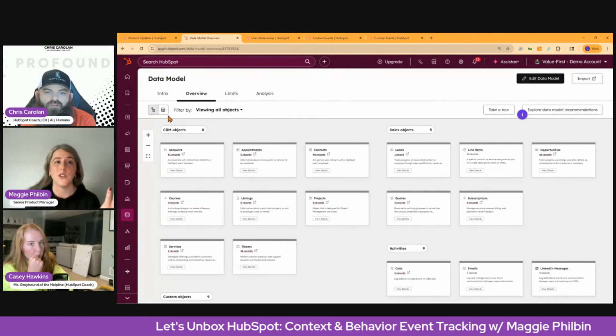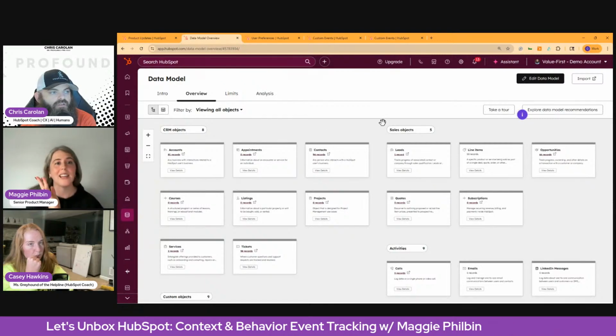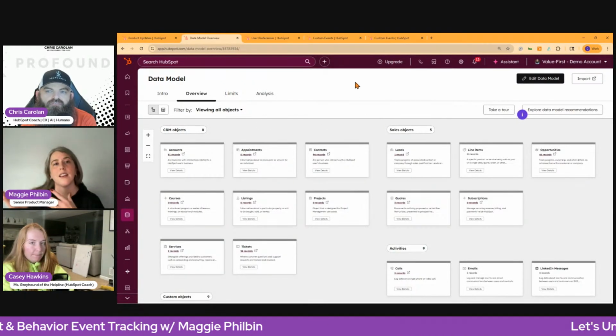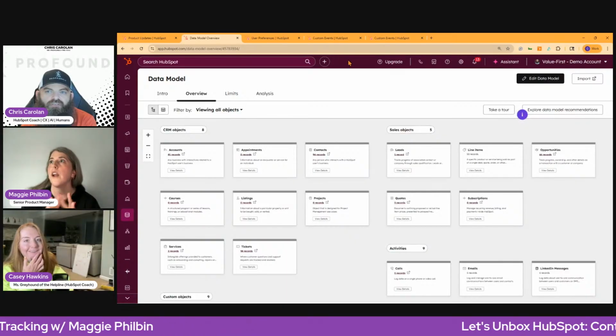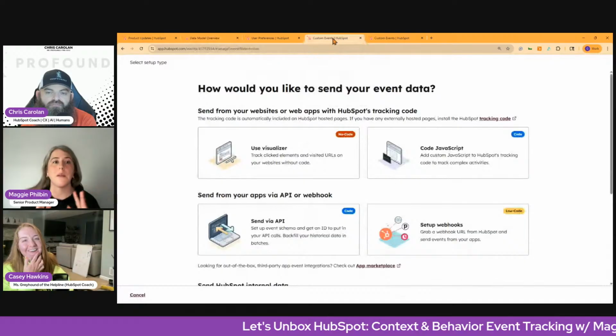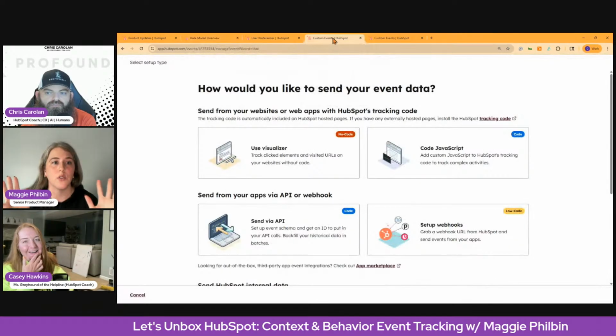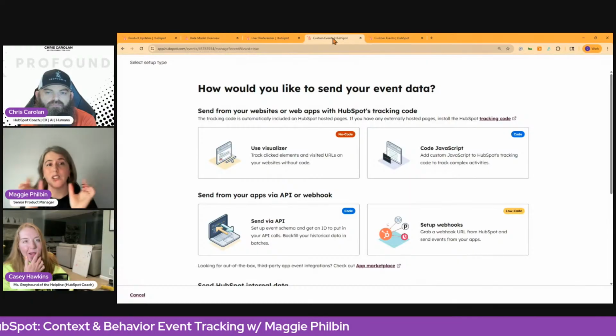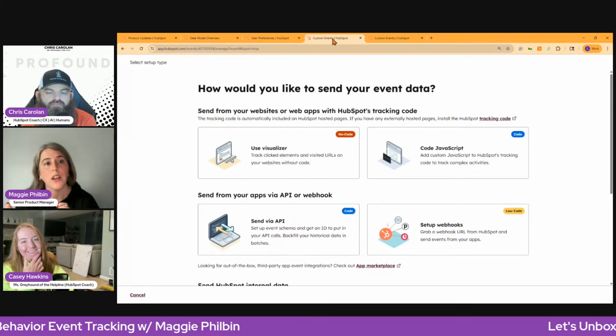I also think there's a lot more we can do around templating and suggesting data models: you're in this industry, this is what we know works. Because most often, if we're talking about customizing the data model for an individual customer, it's usually a combination of objects and events that is appropriate.